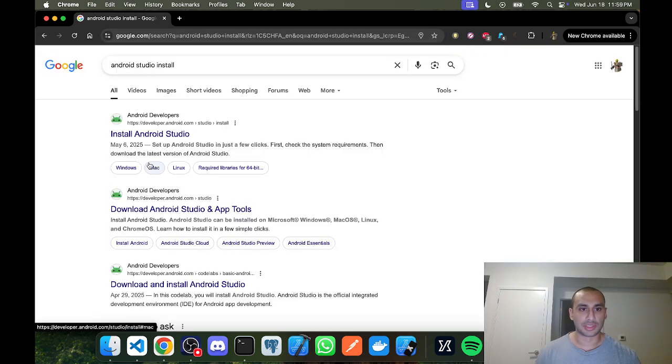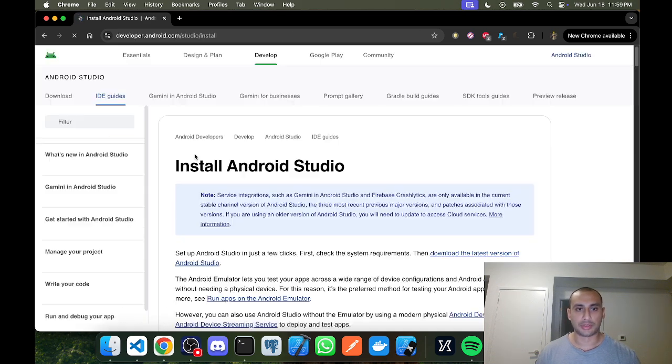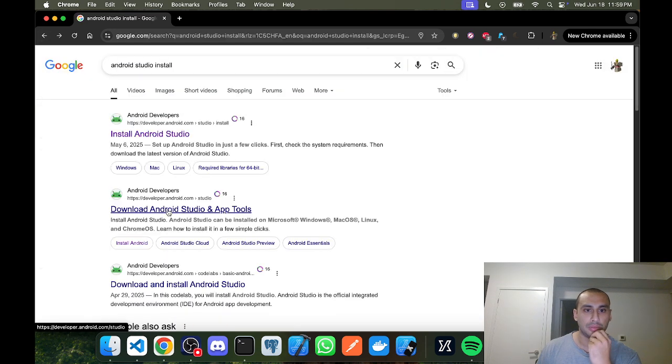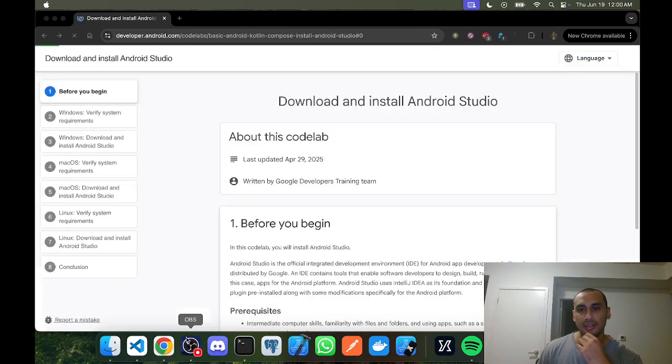This is how to install Android Studio. So, what you do is you type in "Android Studio install" in Google. Let's go to this, download and install. What is with my internet today? It's taking forever. Okay, so now,